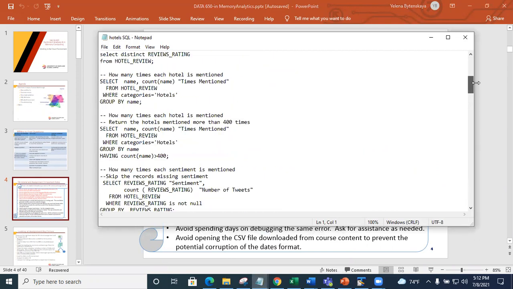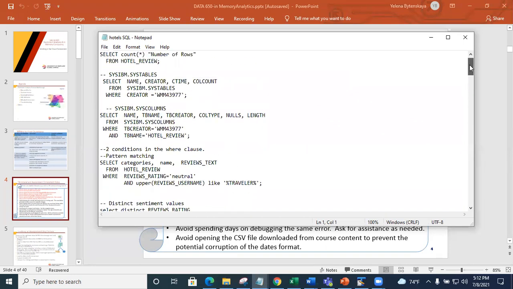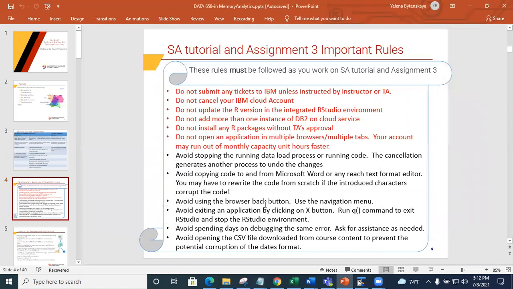I saved it on my local PC. The only difference that I would have to make is, if I'm going to run on a new service copy, I will just need to change the username for some of the metadata queries. But what I want you to do is save all the code that you're running. Save a copy on your local PC besides the copy in your service, right?